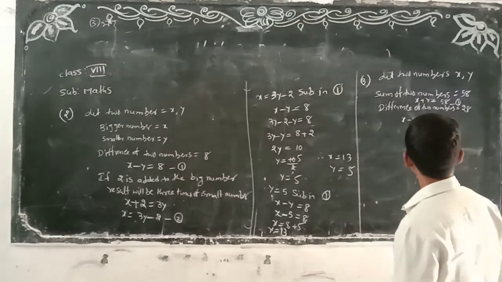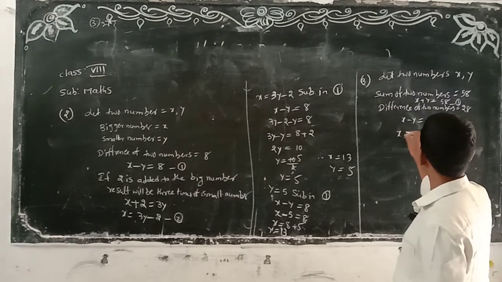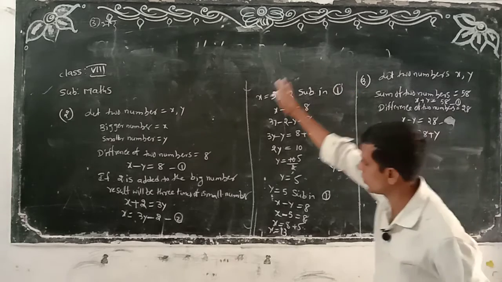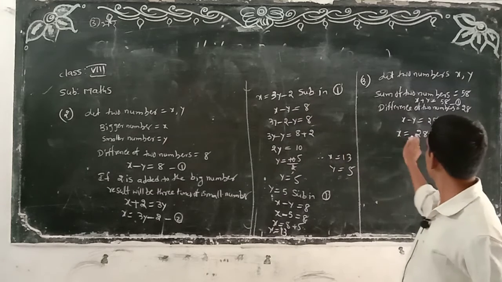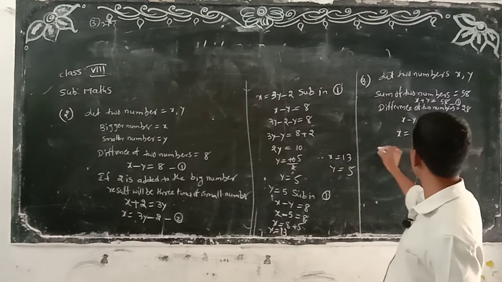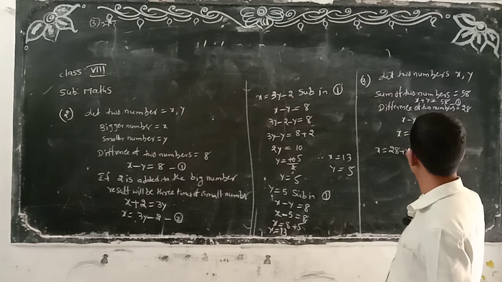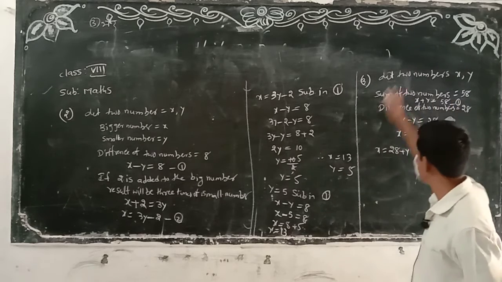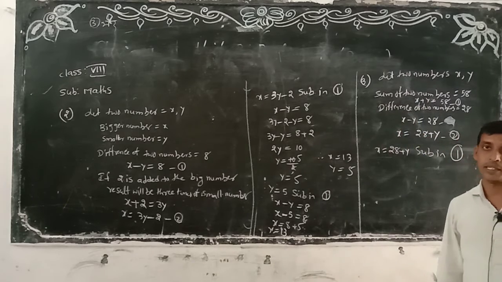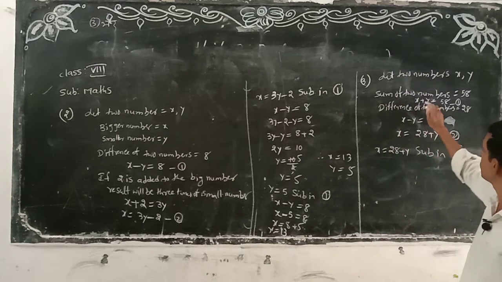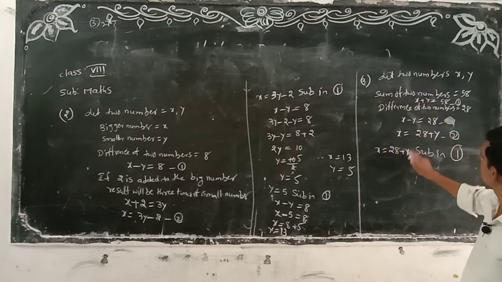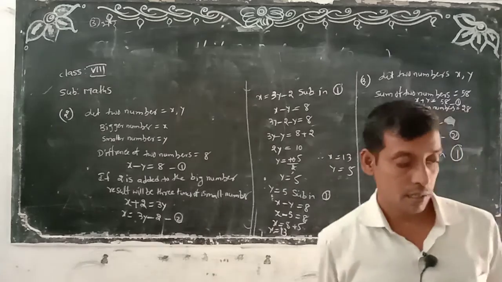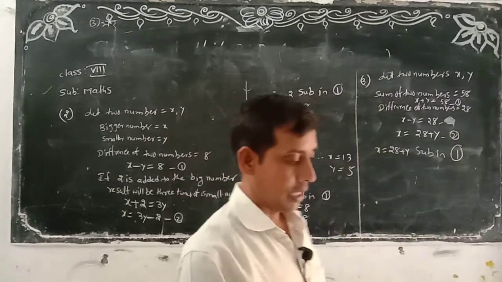I will do this one. x is equal to, I am writing x as the subject. Same problem as this one, look here, this is the second equation: x is equal to 28 plus y, substitute in the first. Same as this problem only, you have to do the solution. Is it clear? I have done half of the problem, you just have to substitute 28 plus y in place of x, so 28 plus y plus y is equal to 58. You have to do that problem, okay?